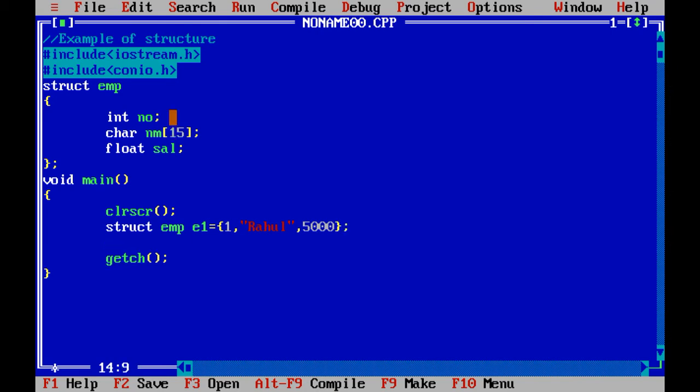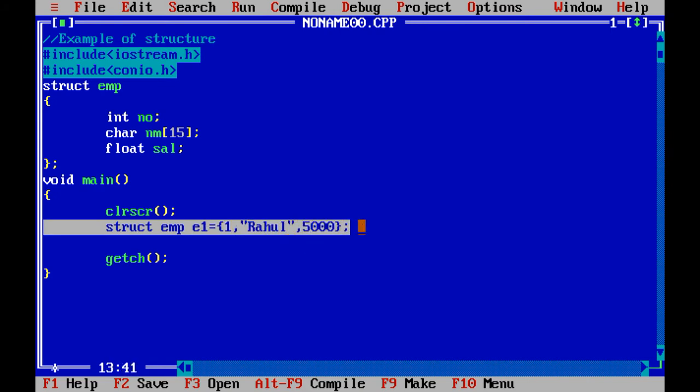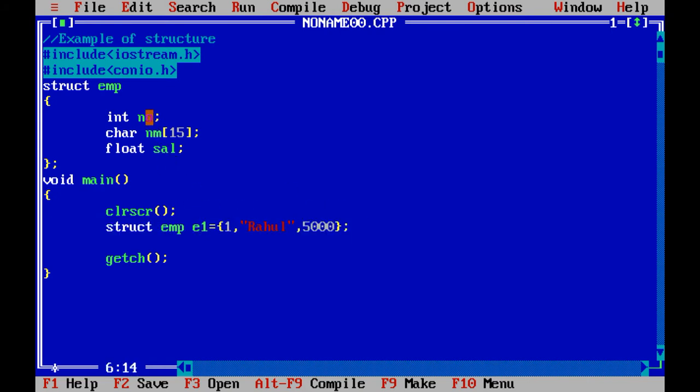Now when this line is executed, e1.number contains 1, e1.nm contains Rahul and e1.salary contains 5,000.